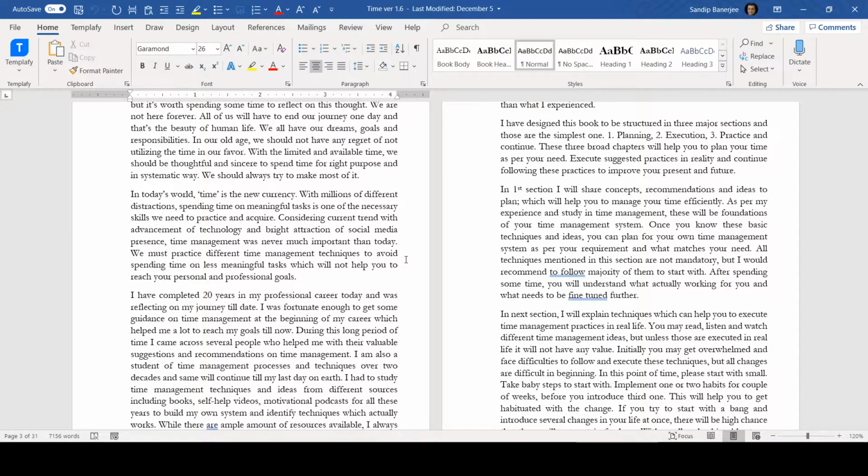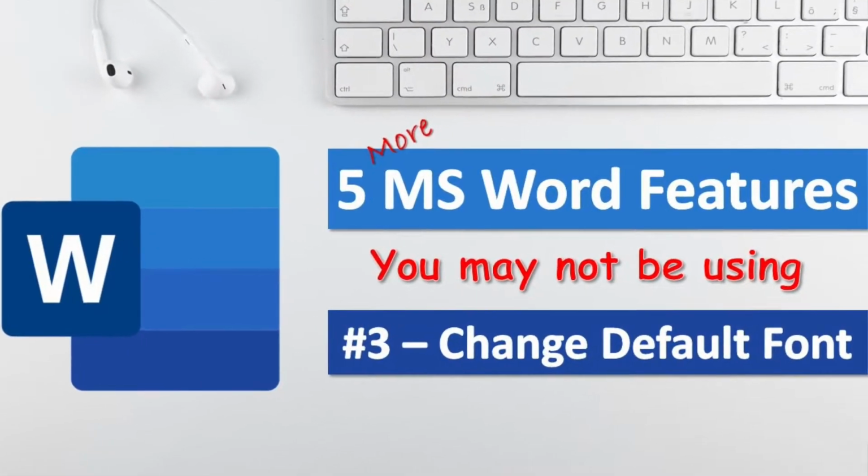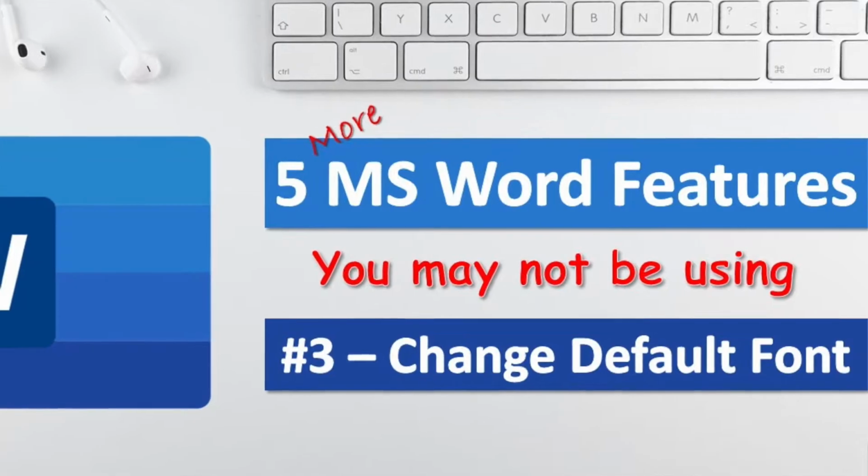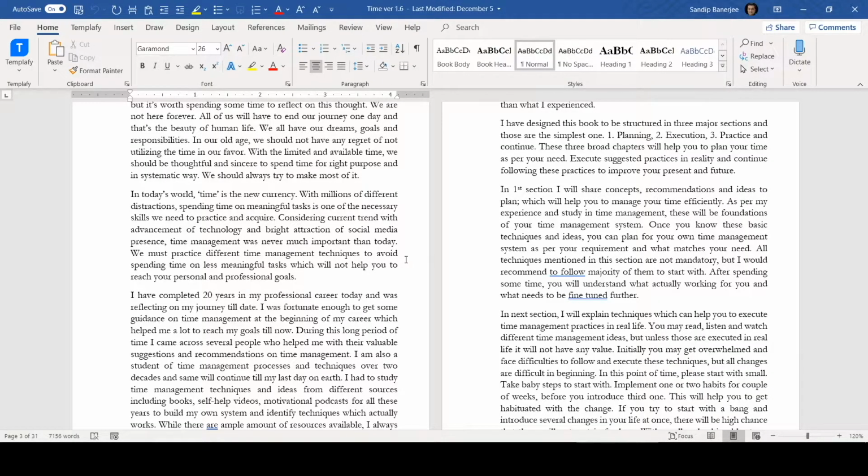So now the next feature I wanted to talk about is related to fonts. In case you are working in a company and because of the brand requirement, you need to use one single font all the time. Normally what we do, we create any document and there we select all the text and then we replace the font, right? So instead of doing that, there is a better way to select the font as per your company brand requirement. So let me show you how you can use it.